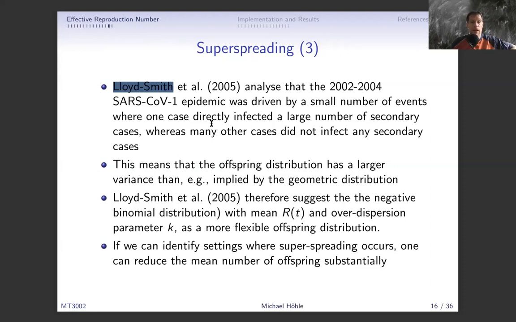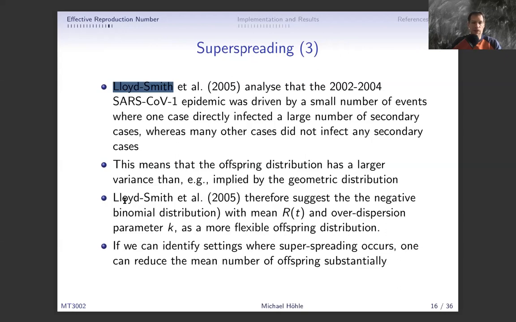And on the other hand, a lot of individuals who got SARS-CoV-1 didn't really infect any others. So the mean was not a very representative summary statistic of the offspring distribution. What is important here is that the variance was much larger than implied by the geometric distribution. So instead, in this paper here, which is a Nature paper, it's in the reference,